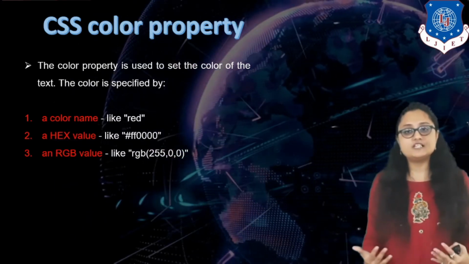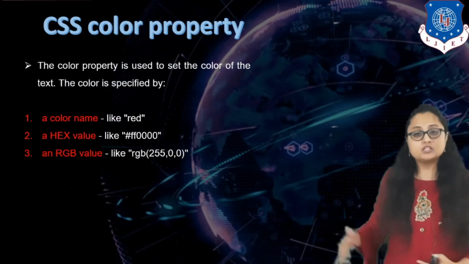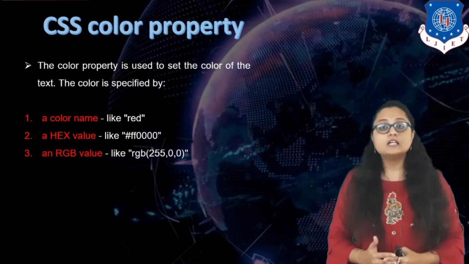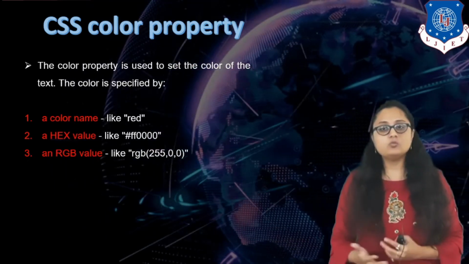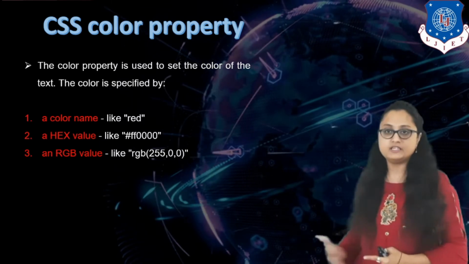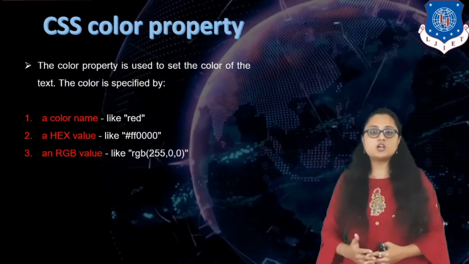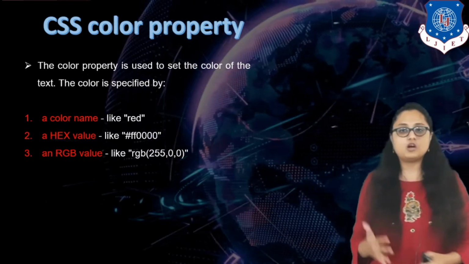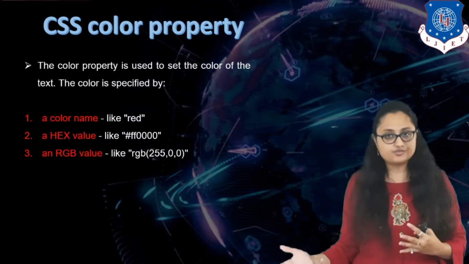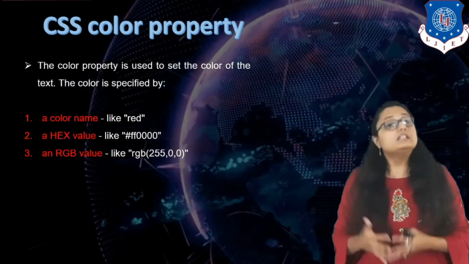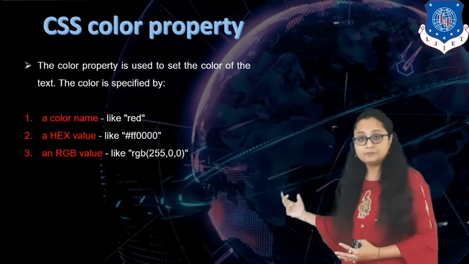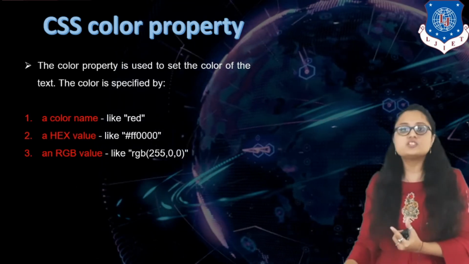Now there are various ways in which you can give the color property value. The basic ways are, the first, as you can see here, you can give the value by giving a color name. There are only 140 to 144 color names which are allowed in the CSS color property value. So if you want your color to be red, green, yellow, these basic colors, or combinations of them, then you can go for this, that is color name. You can specify this hard coded name which is acceptable in the list of color name values.